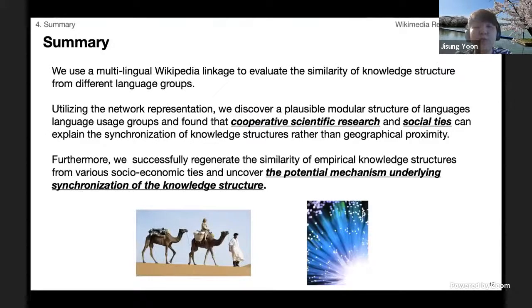In summary, we used the Wikipedia data set to evaluate the similarity of knowledge structure from different language groups. We evaluated this knowledge similarity with network representations. We discovered a plausible modular structure of the language usage groups, and found that cooperative scientific research and social ties can explain the synchronization of knowledge structure rather than geographical proximity. Furthermore, we made a mechanistic model to explain the synchronization between two knowledge structures, introducing a potential mechanism underlying the synchronization of knowledge structures, and this is very similar to the synchronization between